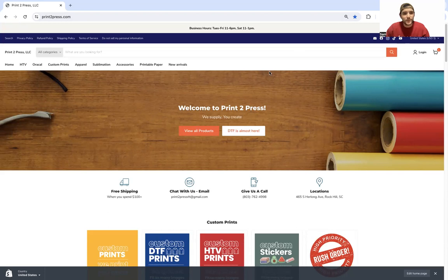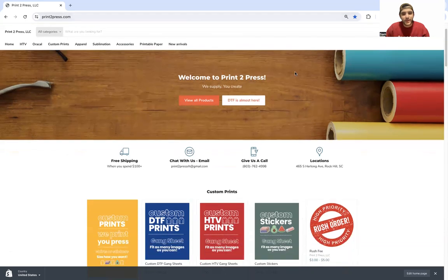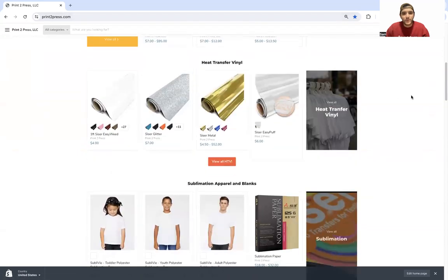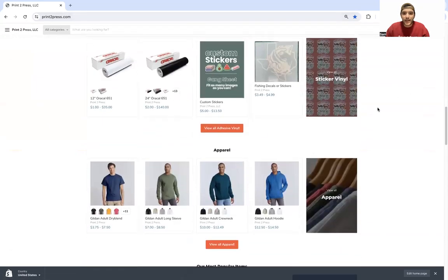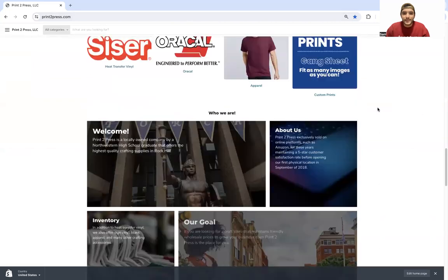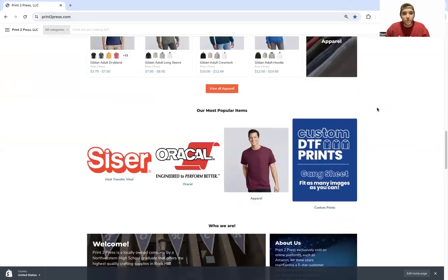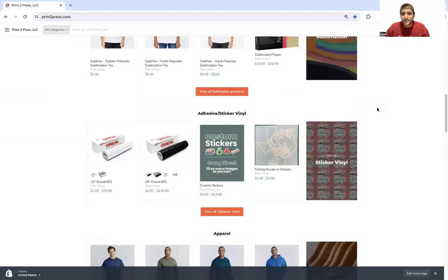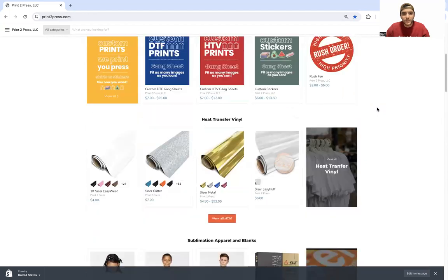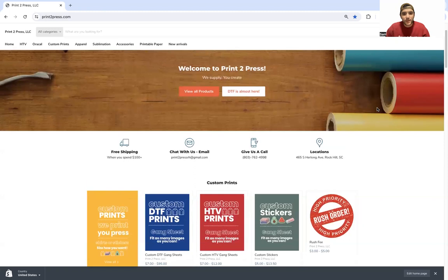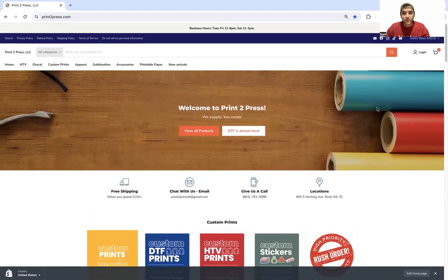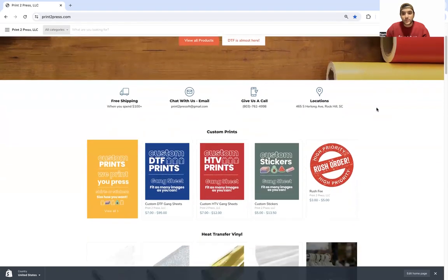As you can see here, I am at printtopress.com's main page, the home page for my website where you can find almost all of the items I have in my store listed on here. So if you have any questions about colors, sizing, or pricing, feel free to check out some of these web pages. But for today's video, we're going to be focusing on my 3 new web pages and the software embedded